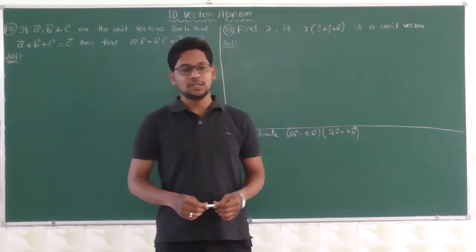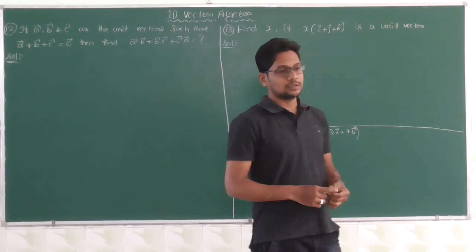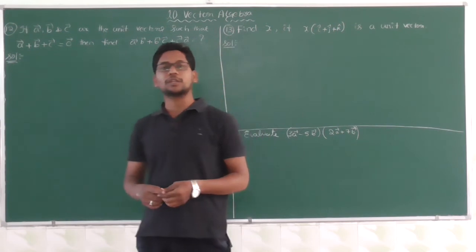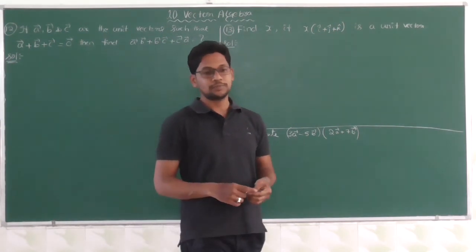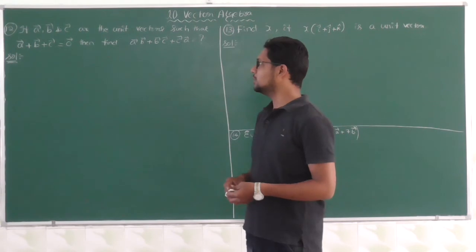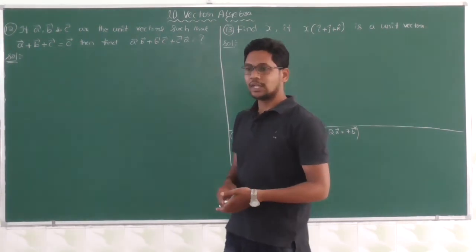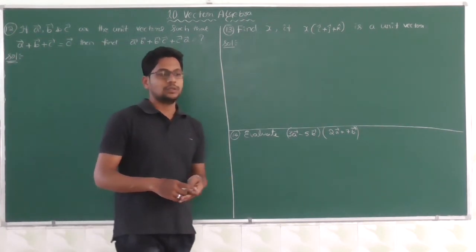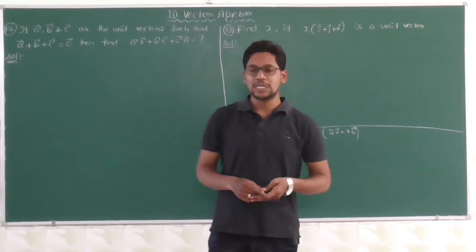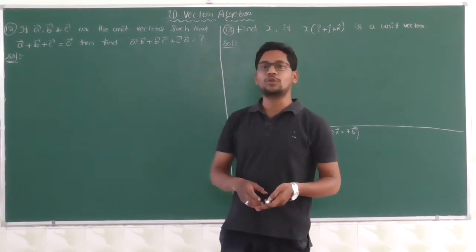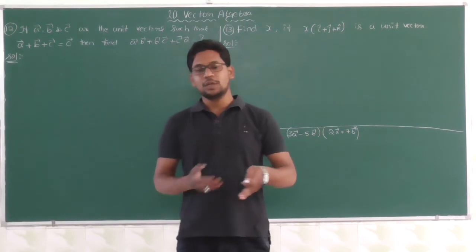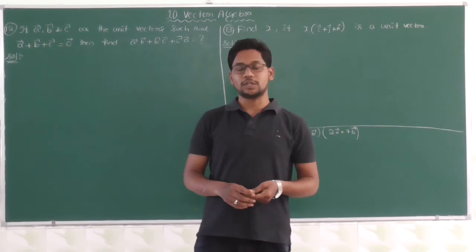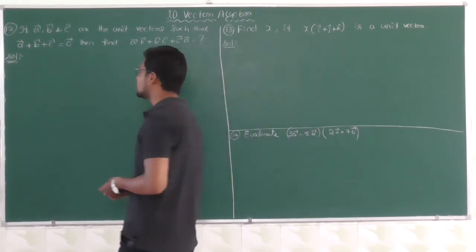In our previous class, we learned about the problems that belong to the scalar product of two vectors, or dot product of two vectors. Right? In this class also, we will continue the same problems based on the scalar or dot product. In your exam textbook, the problems belonging to scalar or dot products are more. Here we find more problems related to the scalar or dot product of two vectors. Here is a problem. One more problem we have.